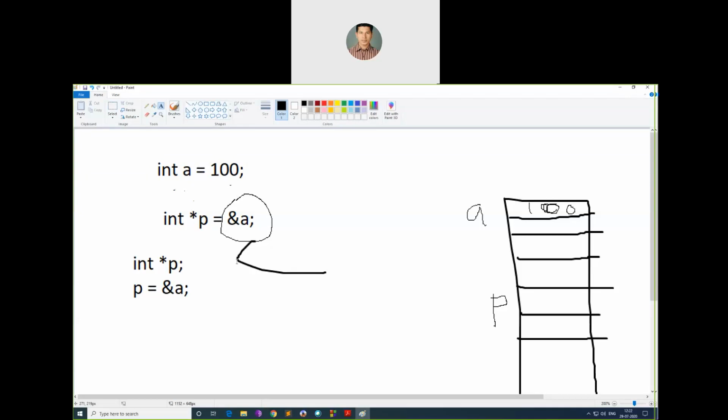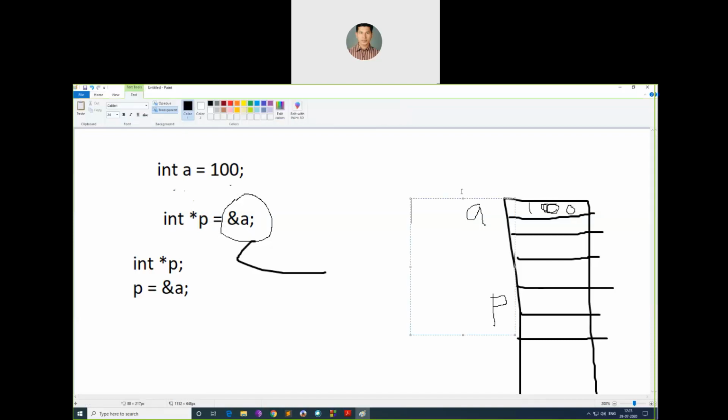Now when you assign a value to a pointer, what is that value? It becomes &a, a's address. Suppose a is at 1000, then 1001, 1002, 1003 are memory locations, and p is at 1004.